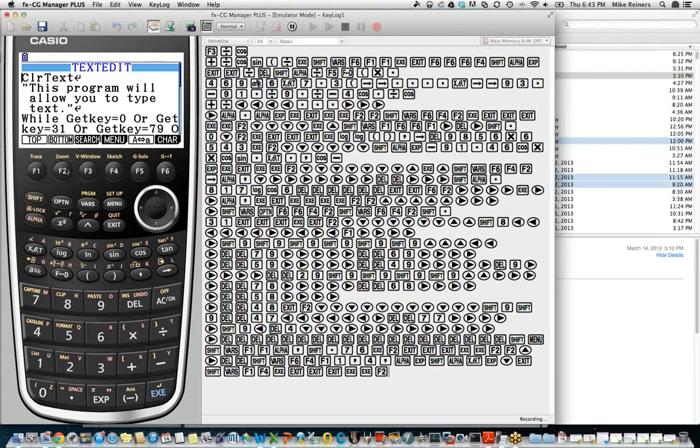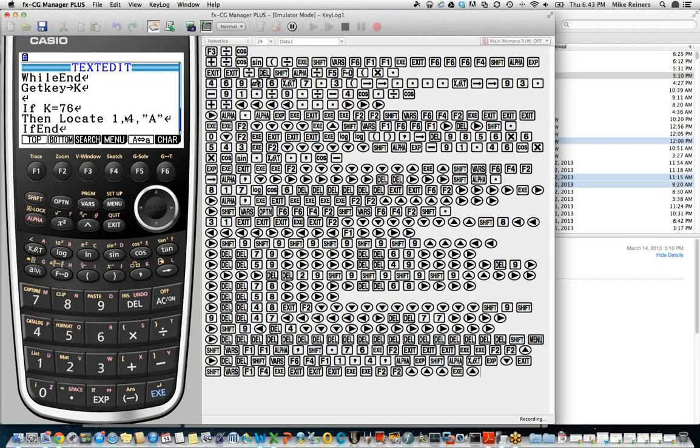Now, if we want our program to always know where it is, where its position is, where the cursor is, we're not going to get into creating a blinking cursor or anything like that. That's a little bit more advanced. But if we want the program to always know where typing should be taking place, we can't have a bunch of these locate commands going on. We need to use variables. So let's go up above our if statement and insert a line. And we're going to use a couple of variables here. We're going to use C for column and R for row.